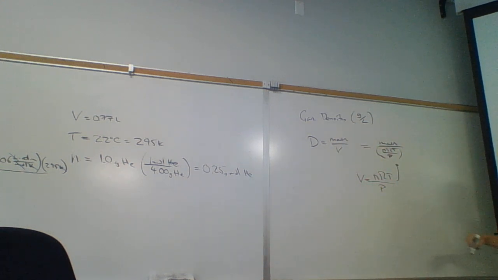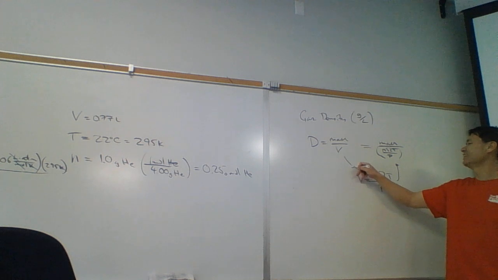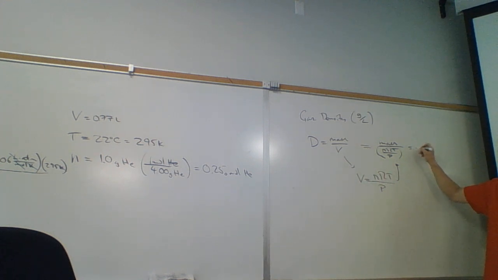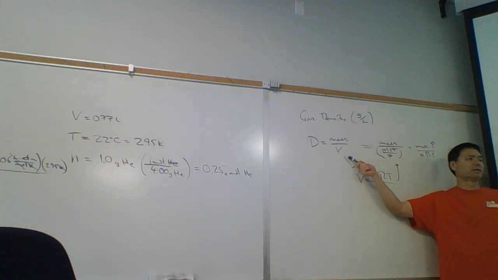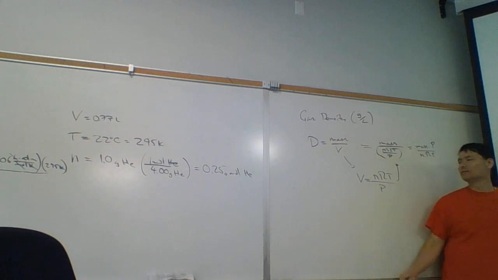That's for the volume. So what we're going to do next is invert and multiply. So it's just going to be the mass times the pressure divided by nRT. Now this looks like an even bigger mess, because now we have to measure the mass, which we had to do before, but now we'll also have to measure the pressure, the number of moles, and the temperature. That's even more work than before, isn't it? It's even more. But